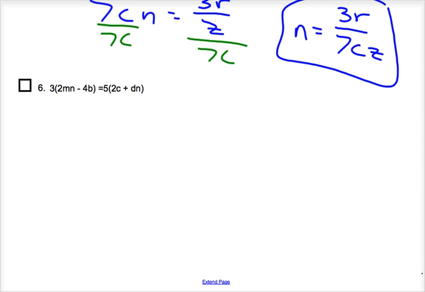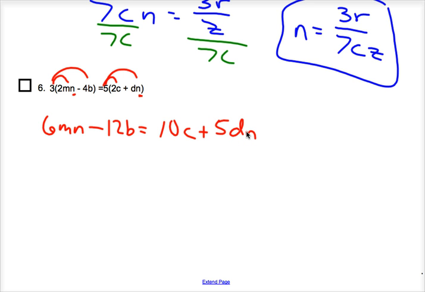Okay, last one. Quite complex because we're going to solve for n, and there's an n here and there's an n here. So what we need to do is get those n's on the same side of the equation. In order to do that, in this particular problem, I'd say let's use the distributive property to get rid of these parentheses. So 3 times 2mn is 6mn. 3 times negative 4b is negative 12b. On the right-hand side, we do the distributive property and get 10c plus